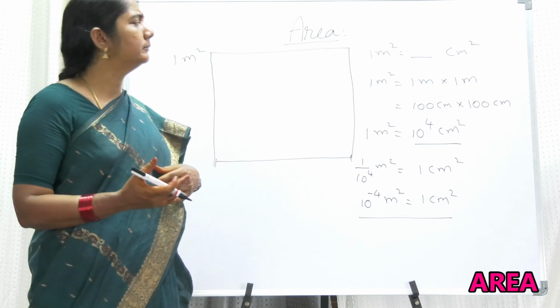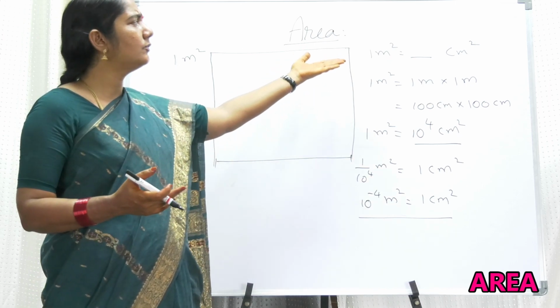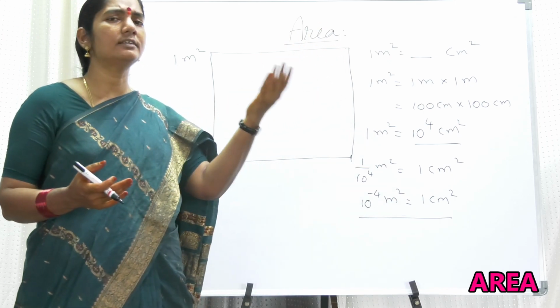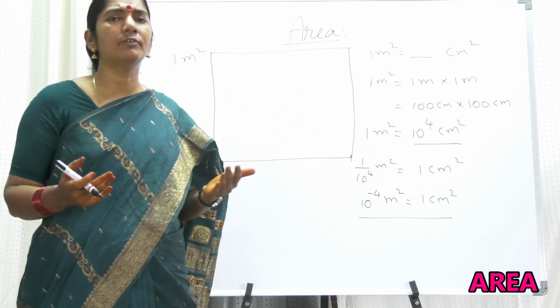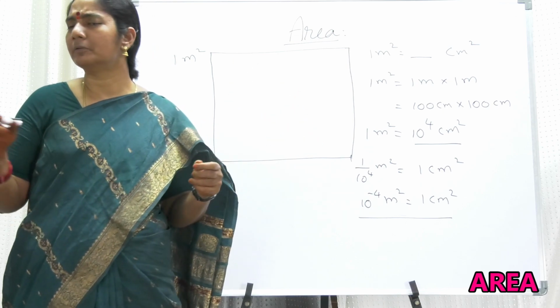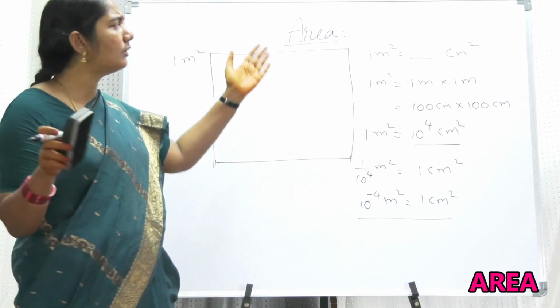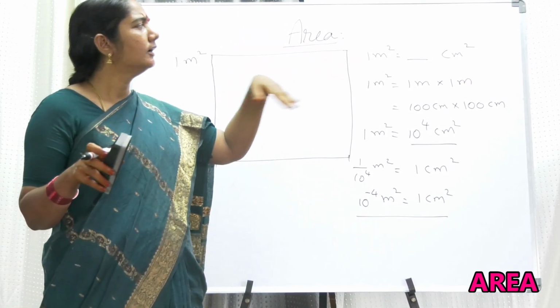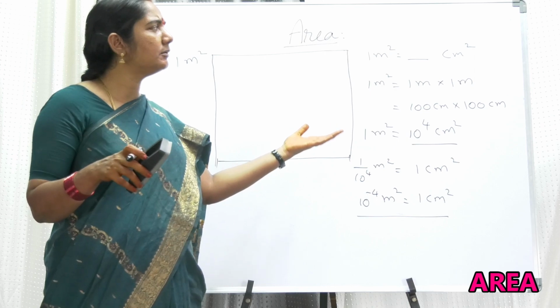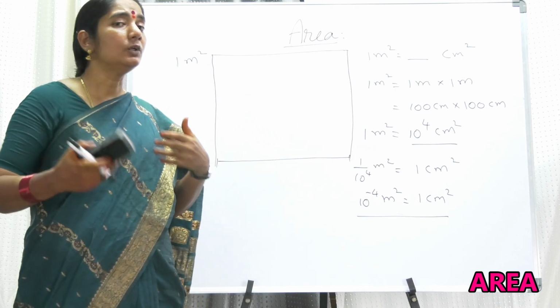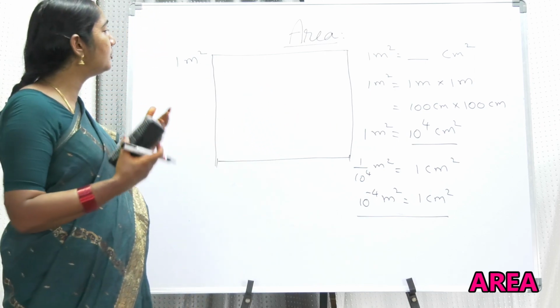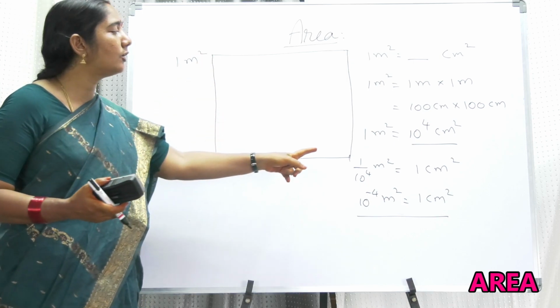Take your own problem. Take some value of square meter equal to dash square centimeter. Be your own author of your own problem. Try to create 2-3 problems converting from meter square to centimeter square, and 2-3 problems taking centimeter square and converting into meter square. Your perfection will increase as you keep on doing. And definitely try to draw it.